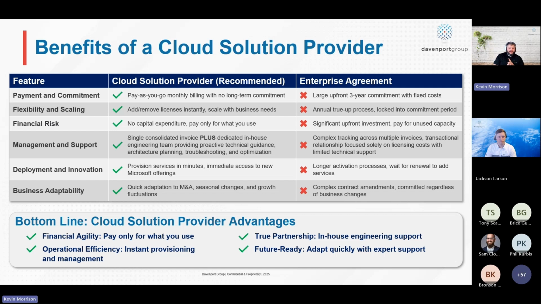Being a cloud solution provider just offers us that flexibility with our dedicated staff and the ability to have one-on-one conversations rather than send an email into a sales quota distribution list and hope you get something back, versus being able to reach out to your account executive and just talk to me. You're seeing me here on the webinar. I have not looked at the participant list. It's very large, but I've seen some names that I recognize and have worked with personally on many projects. So not just a name, I'm a face and an engineer here to help you. And again, really trying to make your life easier.